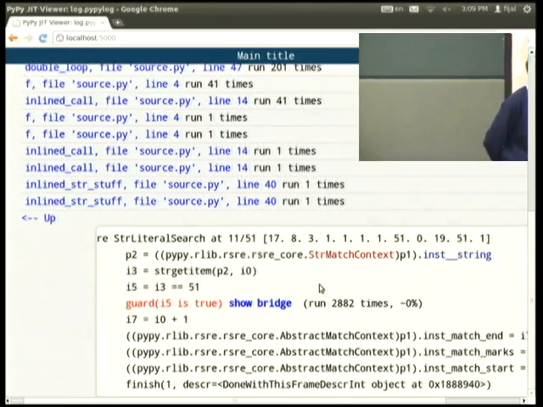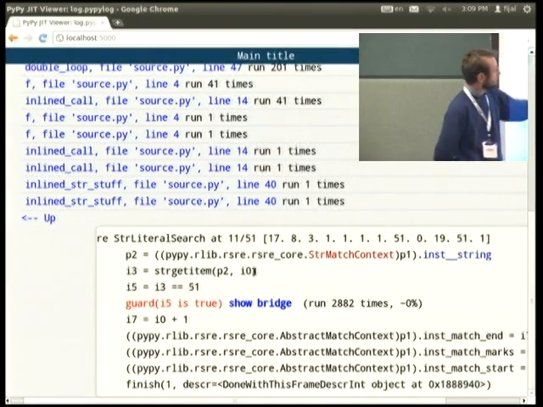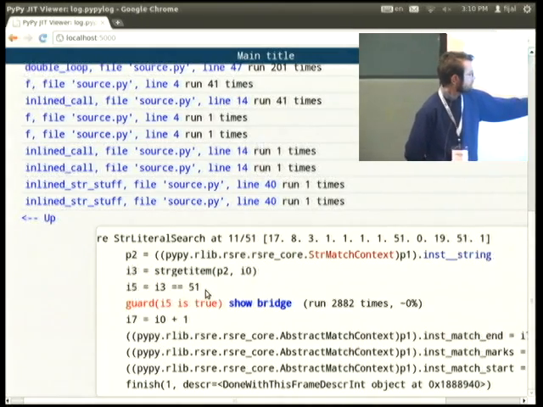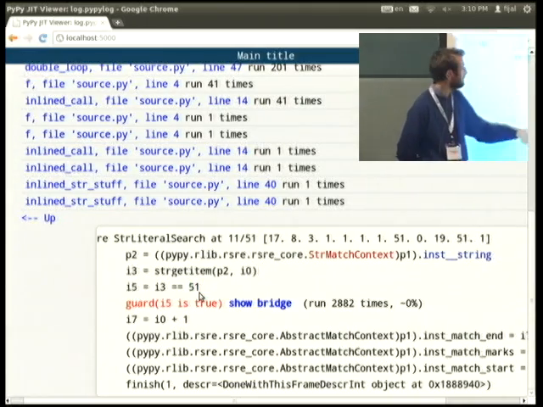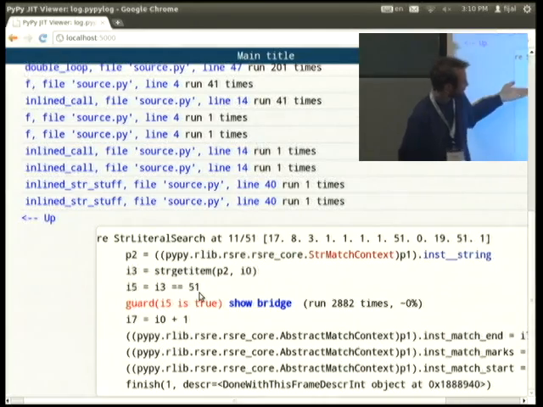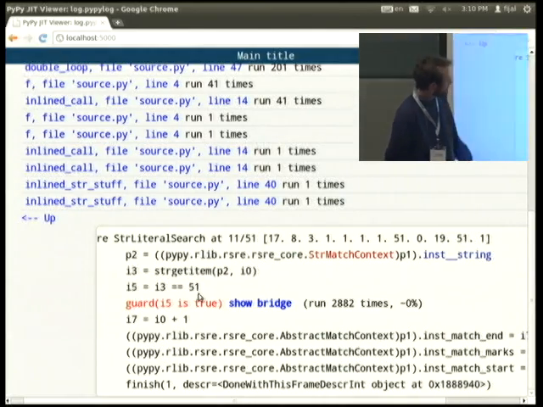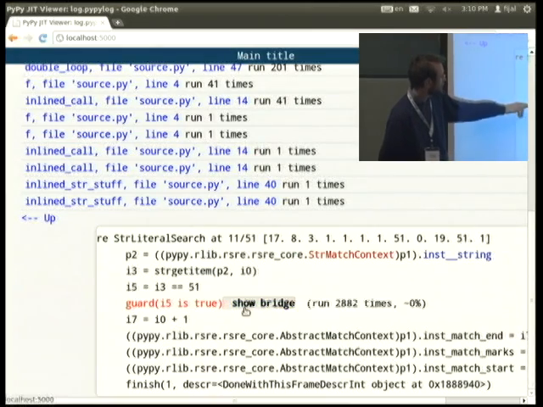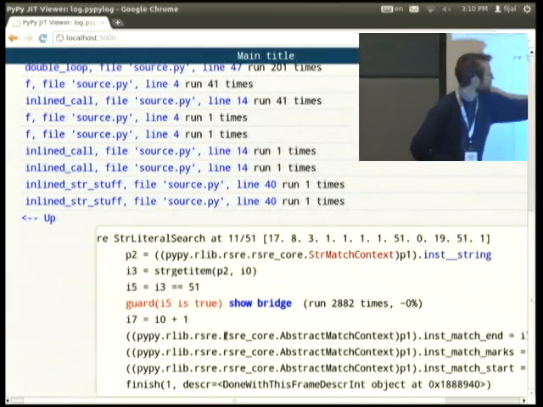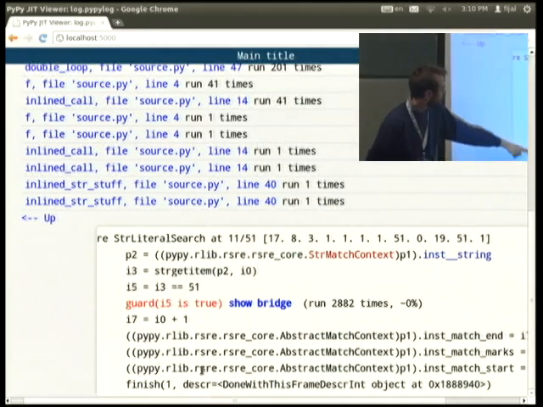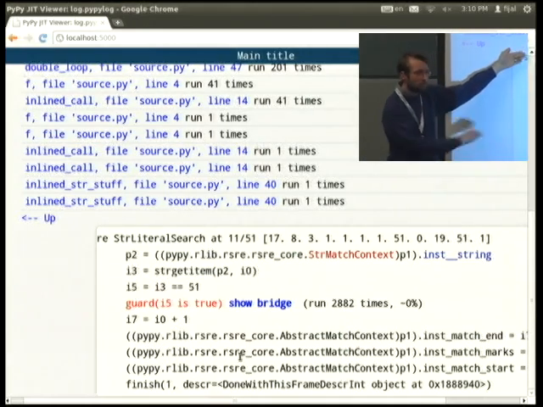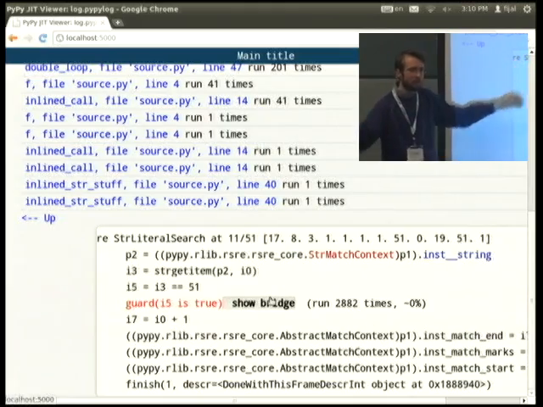Here you have getting this character out of this string, checking that it is 51. What is 51? The character 3, maybe. Then there is a guard, and if not, you increment a variable that is the index, and probably just finish, which just means look at the next character, simply.